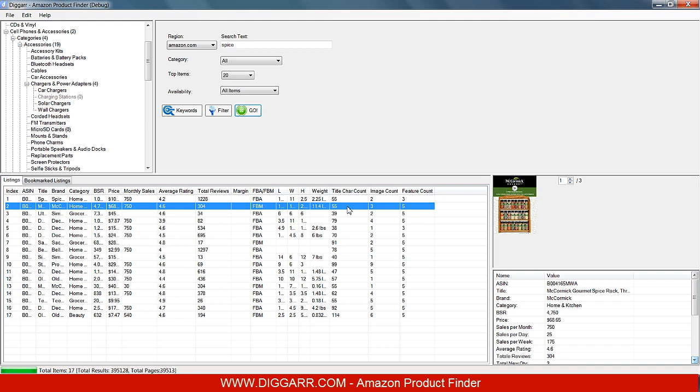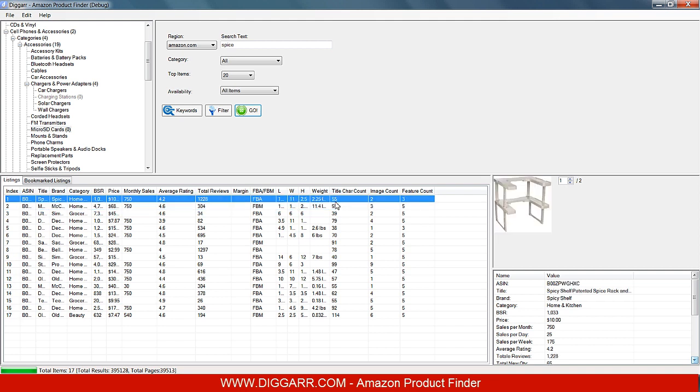Now, if you're not making full use, just like you see in here, you can see all these listings, this guy is only using 55 of his 250 character limit. So there's a lot of keywords that you can actually put into the title that this guy is missing, and you can jump on and optimize. Let's say you want to get into this category or this product, which is a spice rack. You can see that most of these guys are not utilizing the maximum 250 characters, so you can really jump in and highly optimize your listing to make maximum use, and you can probably compete with this guy. I mean, there are other metrics, but for this video I just want to focus on